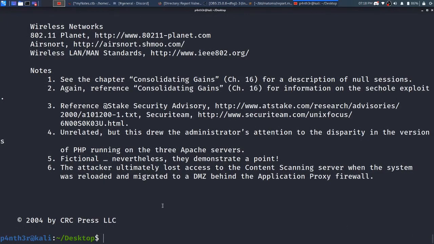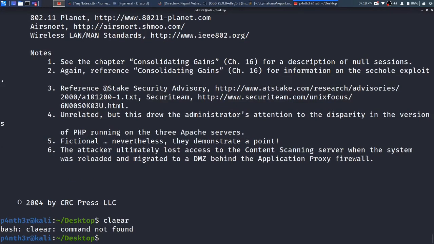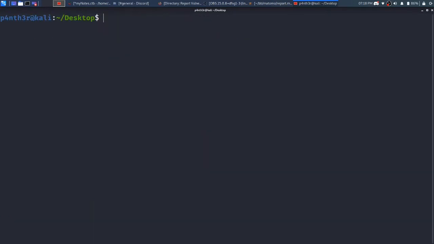To view the file with the less command, you have to type less. Let me clear the screen first. Oh, I typed the wrong command. Clear, then type ls to see book.txt. Then I will read it with the less command. Type less book.txt.